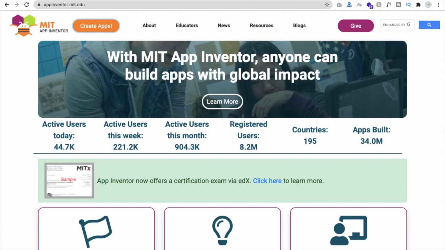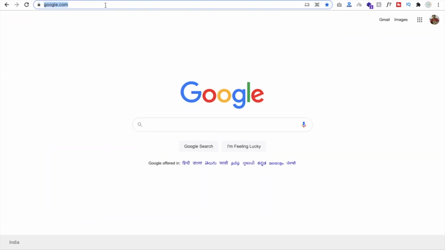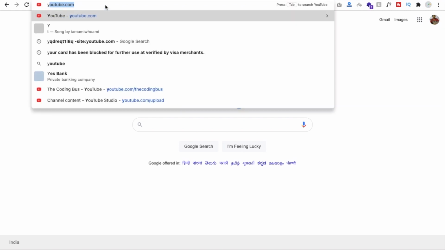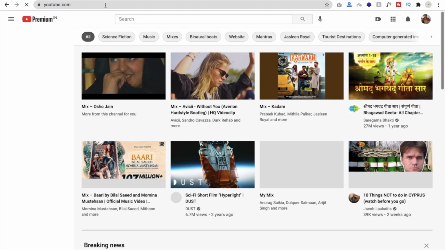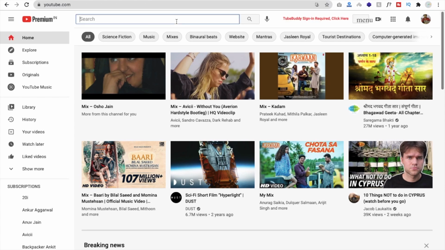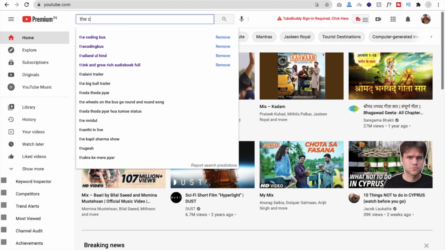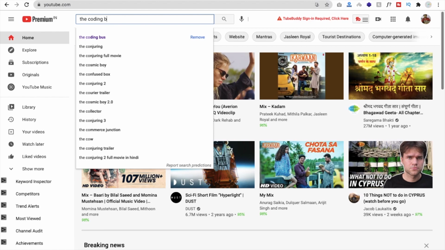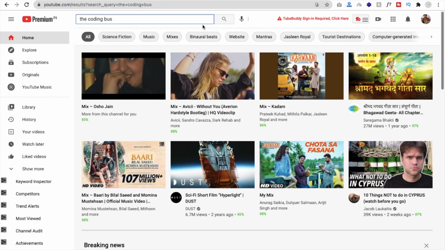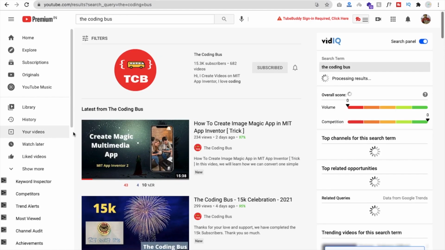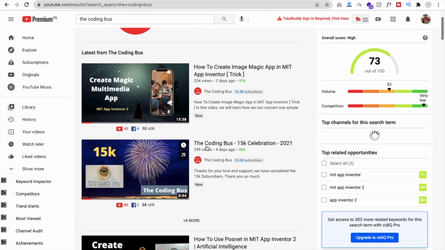So let's open Google first, and I will give you a simple example of how we can create an extension, using one simple trick. Say you want to download someone's or your own video's thumbnail. You can see this is YouTube and there are a lot of thumbnails here. Let me just open my own channel, that's Coding Bus, and you can see these are my videos, and this is the thumbnail that I created for that video.